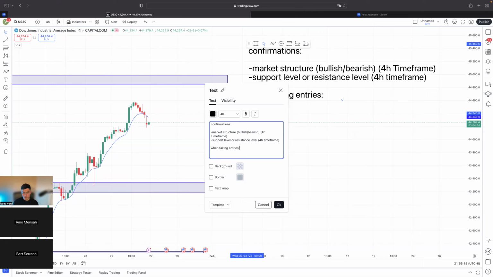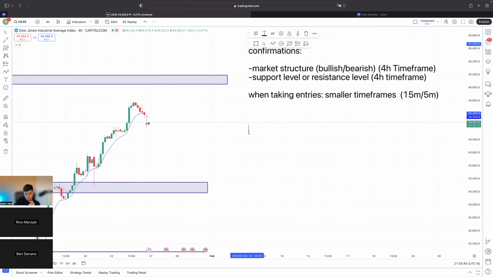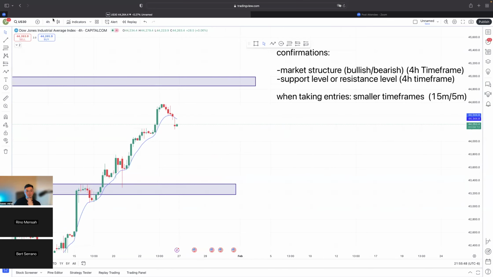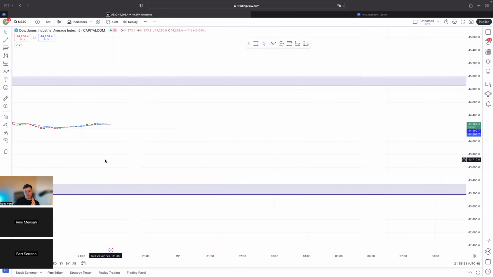So when taking entries, I always look at smaller time frames, which is usually the 15-minute or 5-minute time frame. That's usually what I look at when taking an entry. Okay, so I'm gonna put it right here. So if I were to be trading in the real market right now, I would go to the smaller time frame, which is this one, the 5-minute,